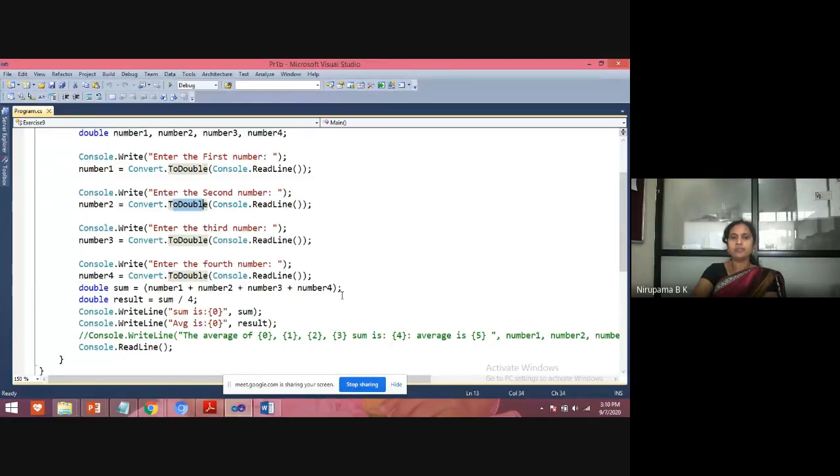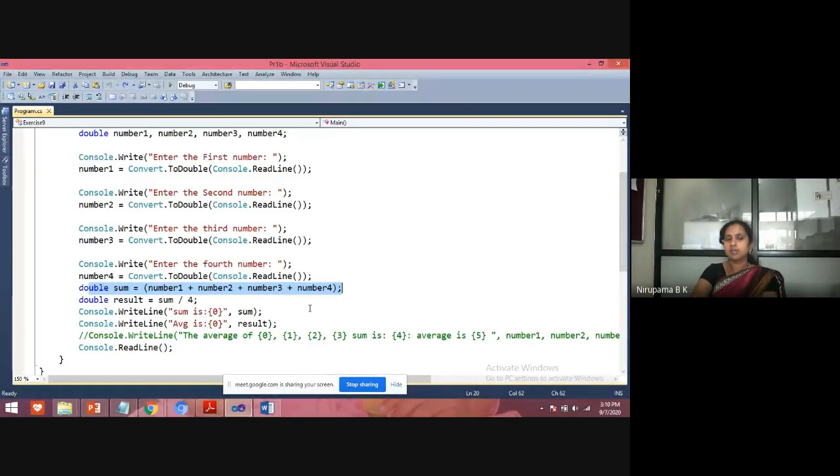Next, declare a variable sum of type double: double sum = number1 + number2 + number3 + number4. Here we'll get the sum of these 4 numbers.